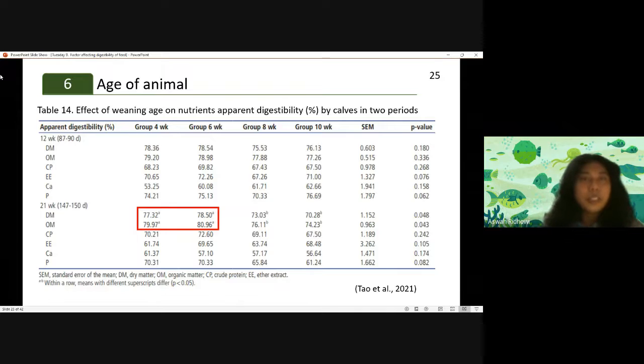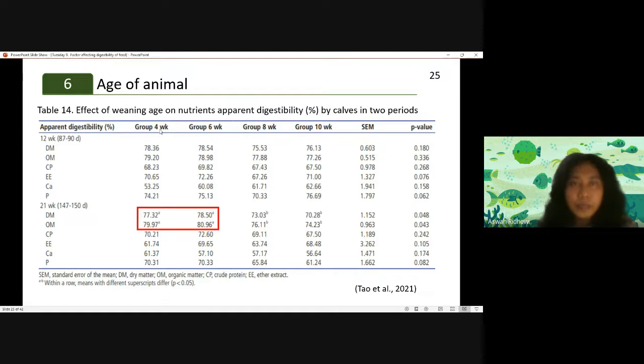And then number 6 is for the age of the animal. But in this case, the age of the animal is related to the weaning age. So according to this experiment, it seems like the weaning age will affect the digestibility. What we want to say, if you look at this table, is they try to identify average digestibility from the